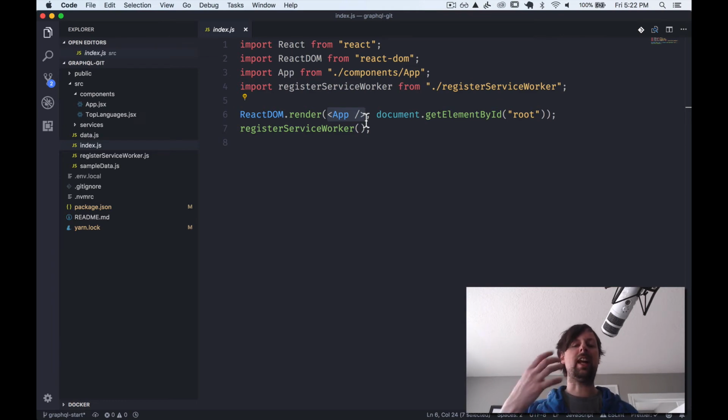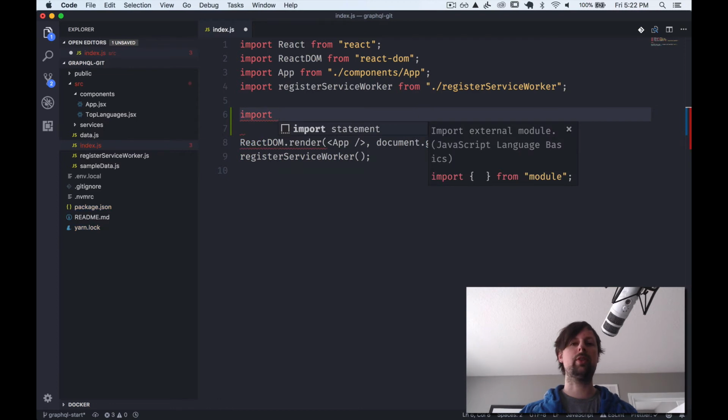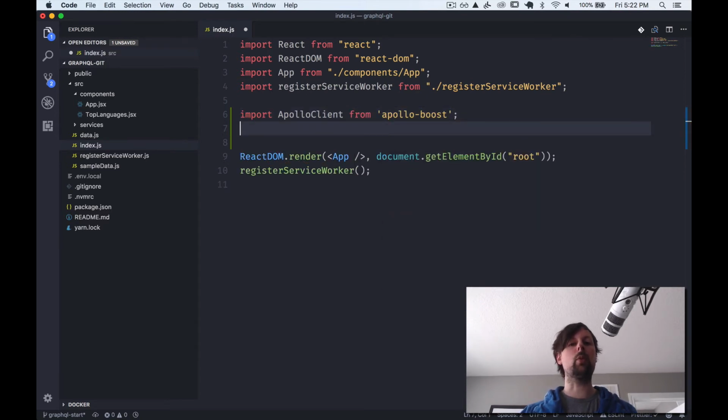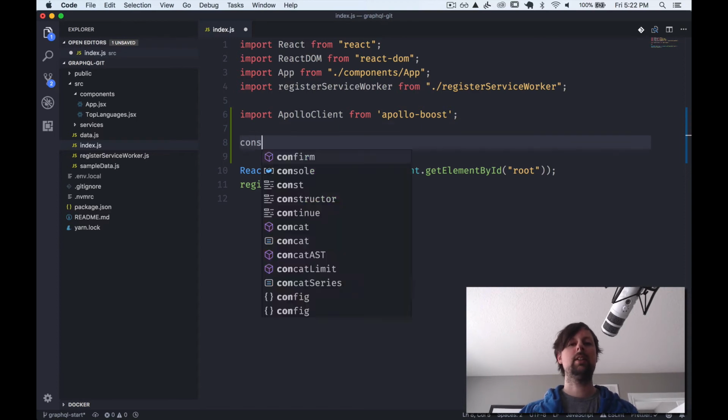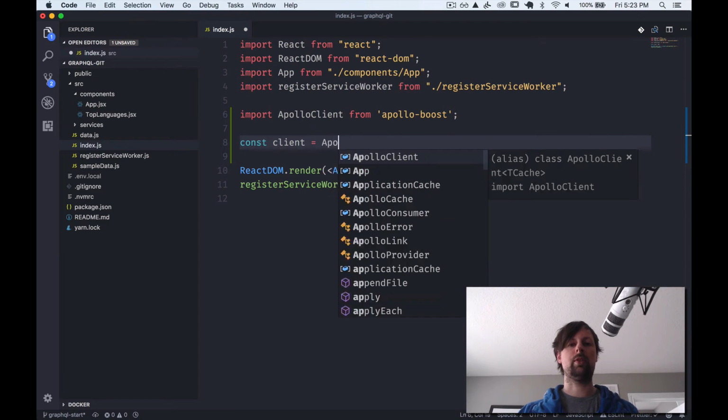And that allows us at any child level down the tree to perform GraphQL queries. So first we're going to import the Apollo client. So import ApolloClient from Apollo Boost. And this is where we need to set up our client. So we'll do const client equals